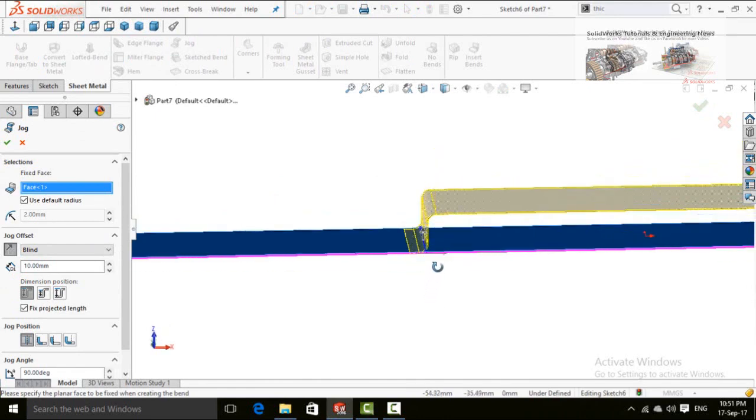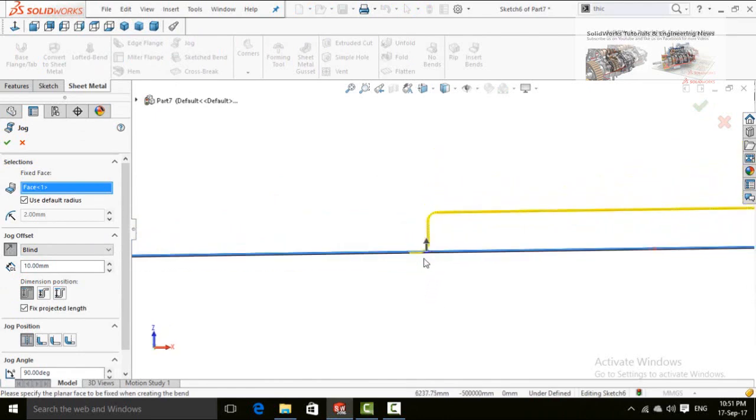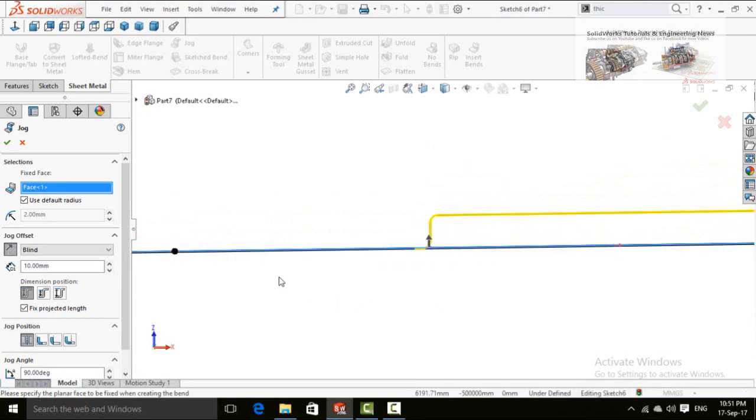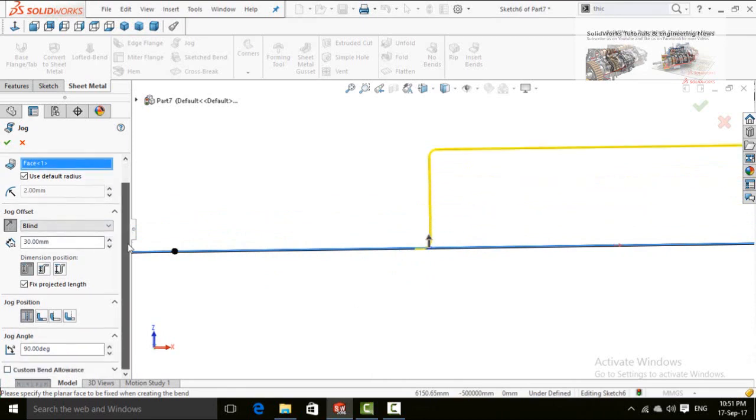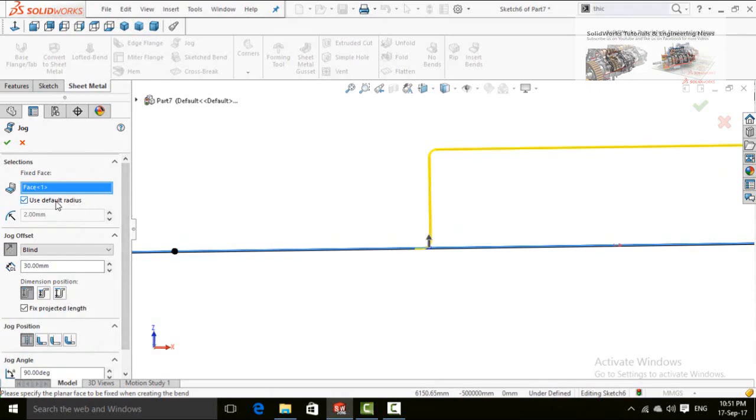So you can see there are two bends in our sheet metal. This is the distance from this point to this point. You can increase or set your own. Scroll down, or if you uncheck this box, here is the radius for bend.